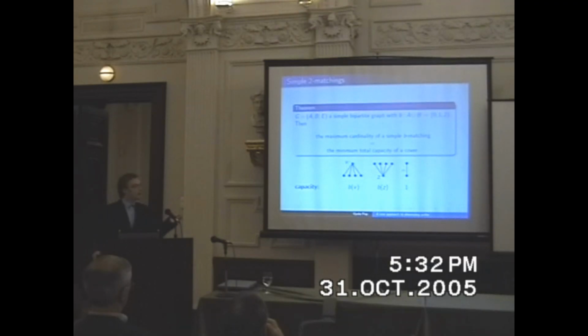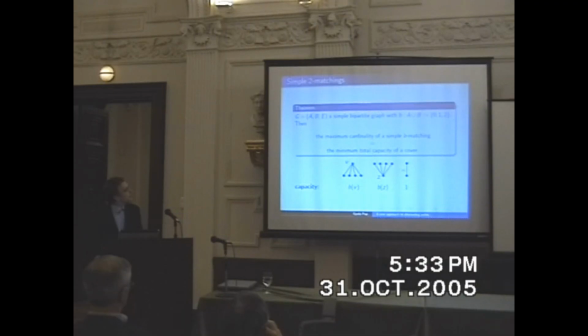That will be square-free simple two matchings. First, let me tell you this. This is the relaxation used in the relax reduce scheme. So, simple two matching, that is a set of edges in a given bipartite graph. A simple two matching is just a set of edges obeying degree constraint at most